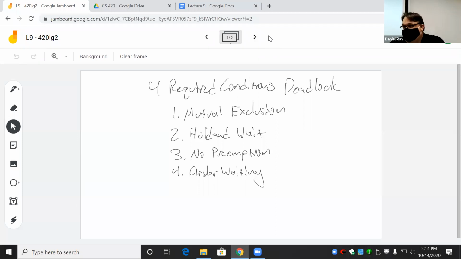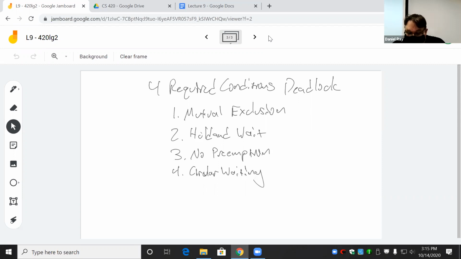Because we decided we needed that in order to make sure, for one thing, that processes did not enter into their critical sections simultaneously. Okay, we can lock out access to resources in that fashion. Okay, so that's mutual